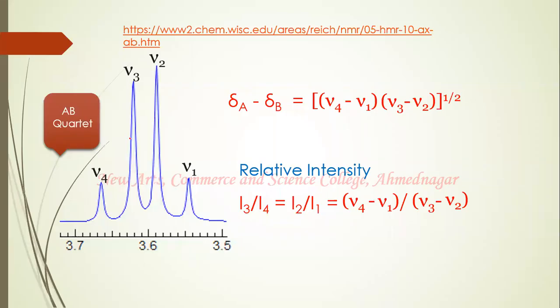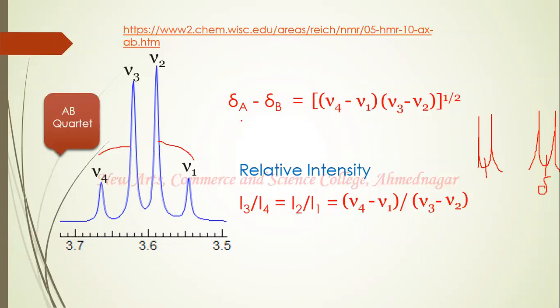Now look at this, what is the problem with this AB quartet? This is a pair of doublets, this is one doublet and this is the other doublet, but these are distorted doublets, and according to what we have just seen, it is an AB quartet. If we have a well separated pair of doublets, then there is no problem, we have undistorted signals, and the chemical shift values are exactly at the center of the doublets. We can record the chemical shift value at this point. But for the AB quartet, the chemical shift values are not at the center.